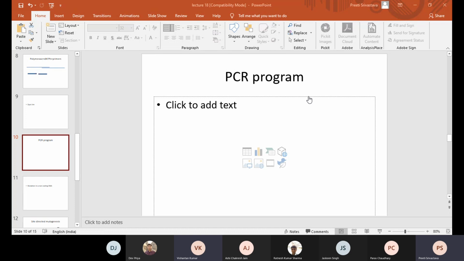So usually the source of the template can be your blood cells, or if it is a crime case, or for example any tissue samples or plasmid DNA or genomic DNA. Usually these are the sources. Ma'am, is there no way to use high